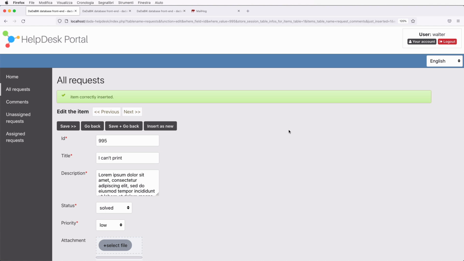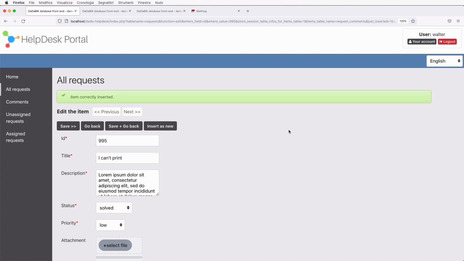That staff member will see the request assigned, and so he or she can start working on the request, or they can add a comment to the request to ask some details to the employee, in this case Walter. And as we just saw,